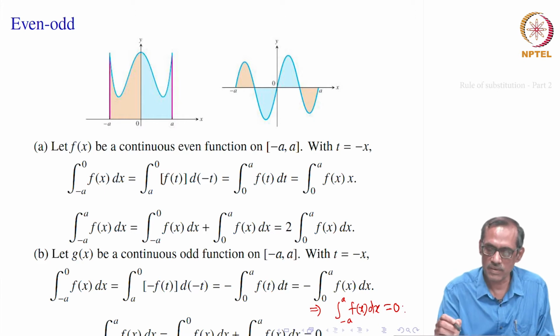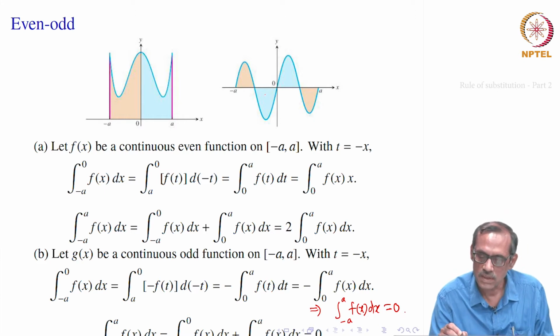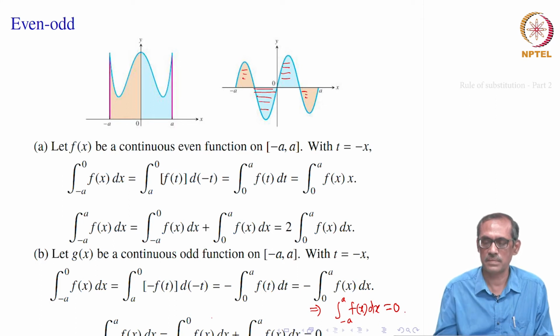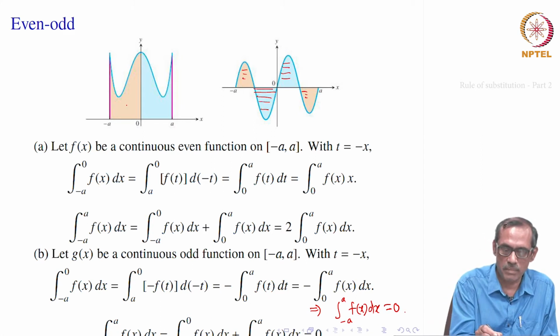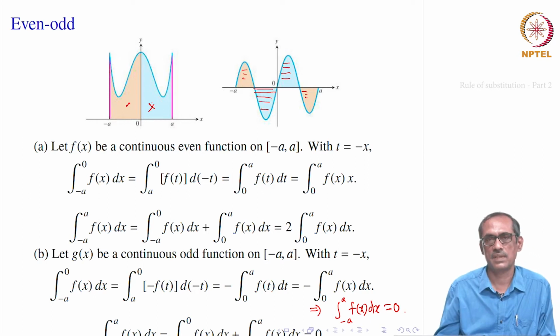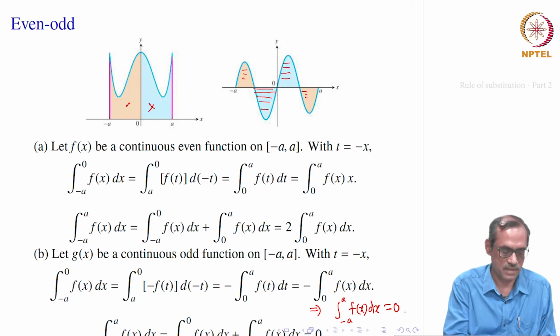For an odd function you can also see geometrically how this happens. This is a signed area. So, this area and this area really cancel out, and similarly this area and this area also cancel out, fine. So, you get minus a to a totally 0, and here similarly these two are the same. So, the total becomes twice this region, the area of that region. That is what we say: if it is even it is twice, if it is odd the integral becomes 0. Sometimes it helps to simplify some integrals.